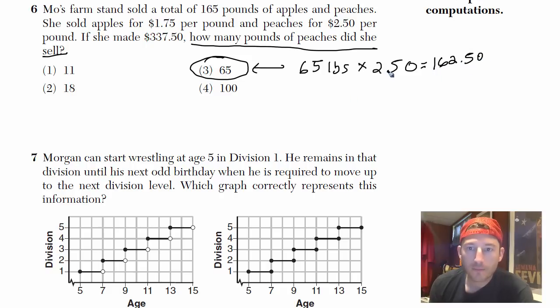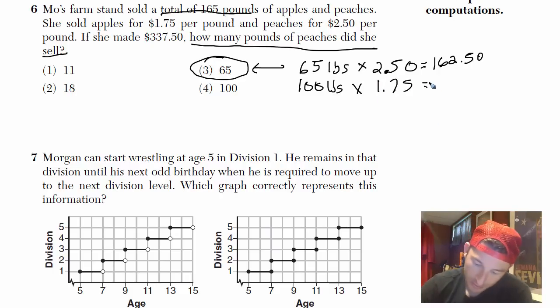So now, she made, so what am I doing here? Okay, this is how I do it. Sorry, I got lost for a second. She sold 65 pounds of peaches. So if there's a total of 165 pounds, that means there's 100 pounds left over. 100 pounds left over of apples. And apples go for 1.75. So hopefully, let's do the math here. 100, oh, why am I doing the math? Just move it over 2 decimal places. That's